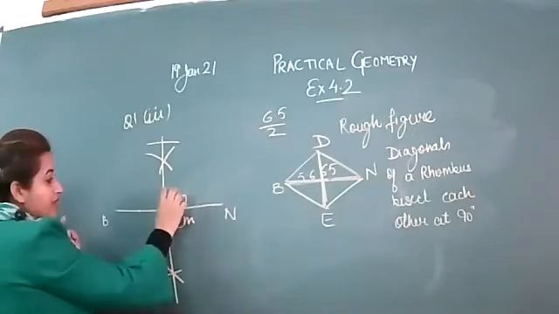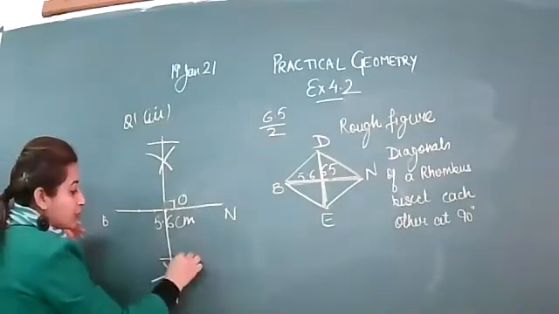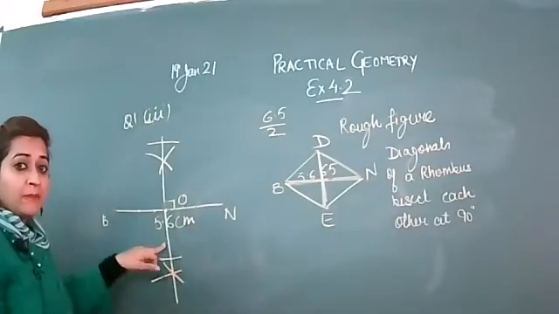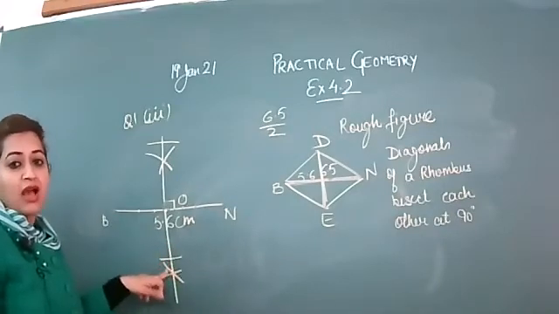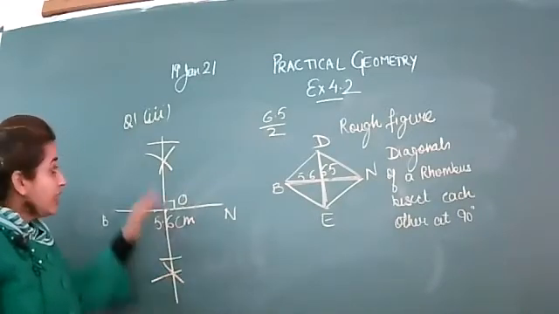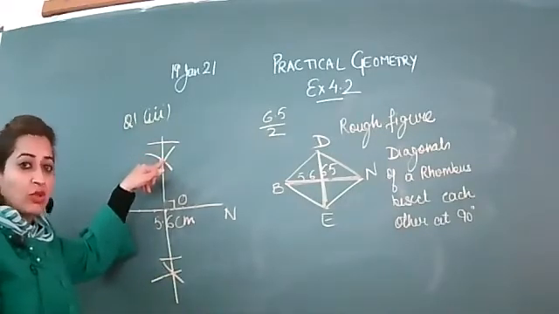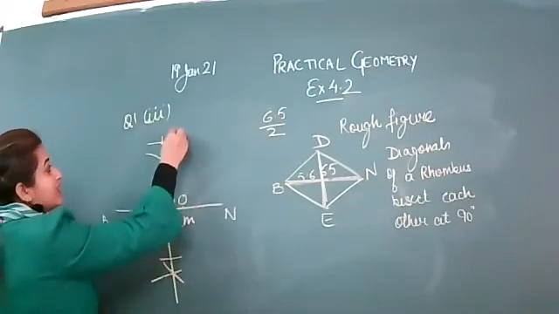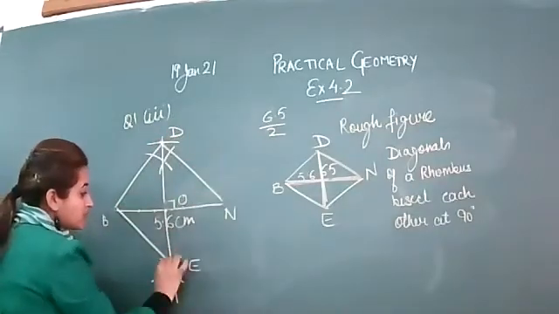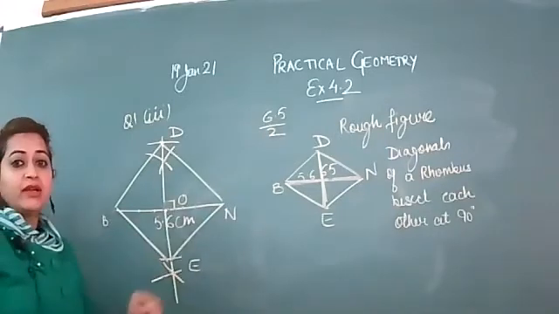From here, the center, you will put the arc of 3.25 and on the lower side, you will again put the arc of 3.25. But this arc can be above this given arc or it can be on this arc also. It can overlap this also. So no need to take any tension. This arc can lie anywhere, either above this or below or even on this also. So this point is your D and this is your E. If you join this, this will give you a rhombus. The name of this rhombus is BEND.